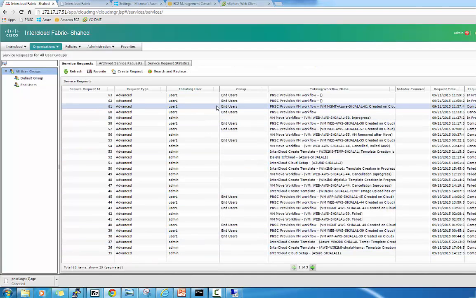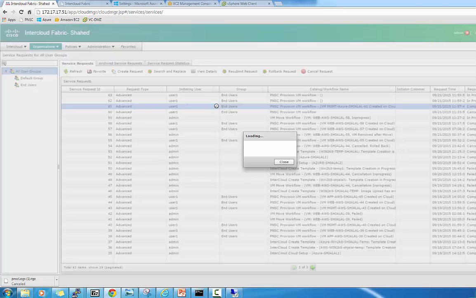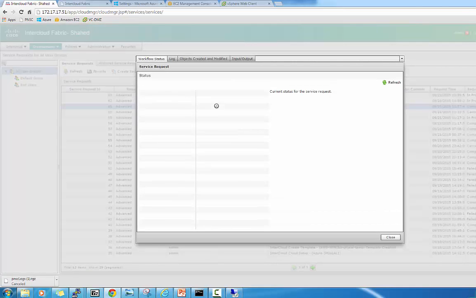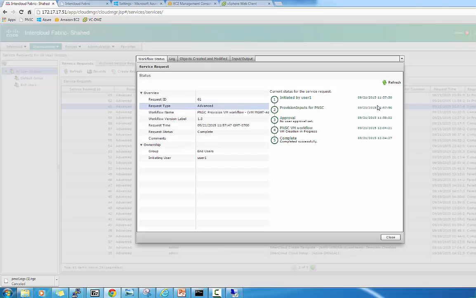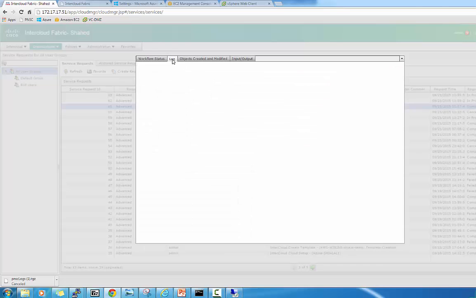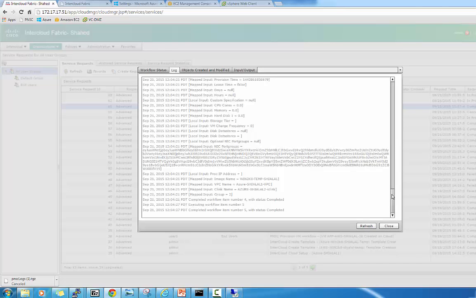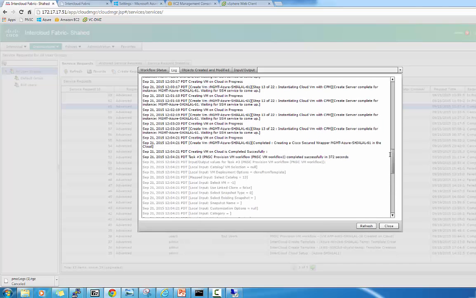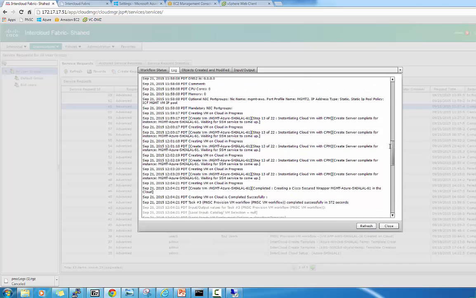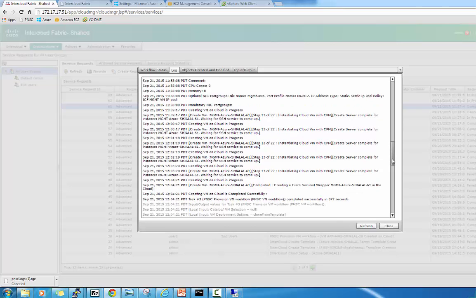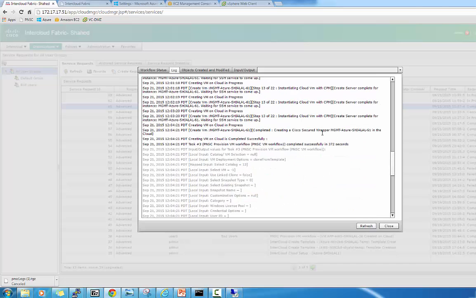Okay, the management one is complete, as you can see, and let's have a look at the SR, service request. So it started at 11, almost 12, and then finished at 12:04. So around 4 minutes 40 seconds. And if you see the logs, it tells you what exactly it's doing. Once it instantiated the cloud VM, and later you can see here